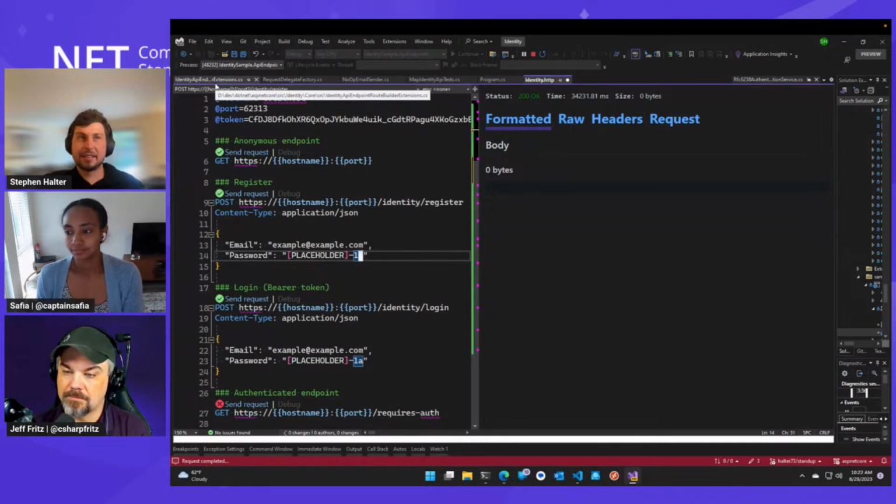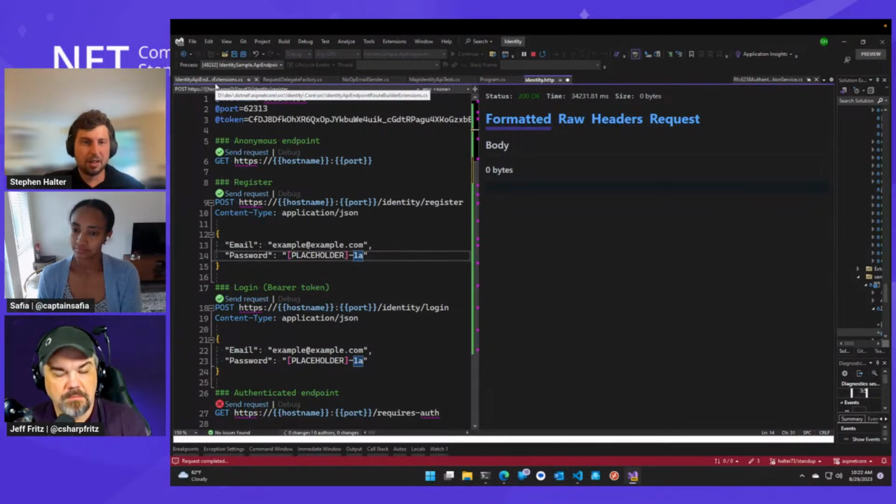Also, as of right now, there's no easy way with MapIdentityApi to use, like, a Google or Azure AD access token to log in and associate that with your identity account.